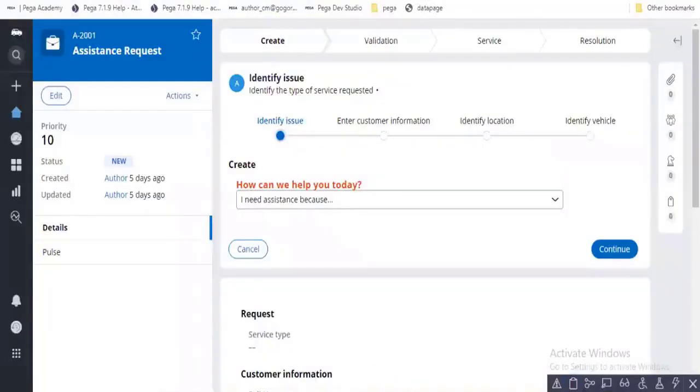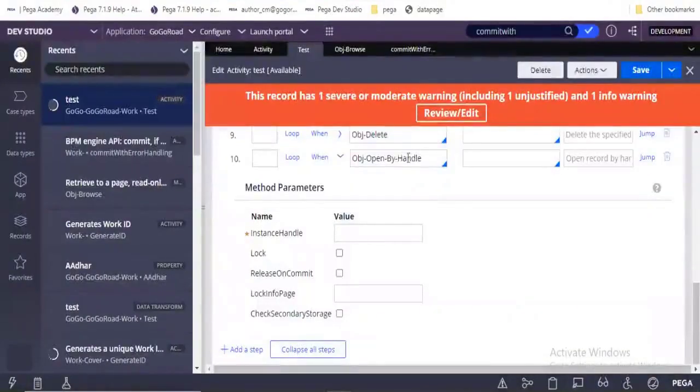So whenever you are trying to use obj open by handle, it will expect the pzInsKey of a particular record instance. Handle is nothing but pzInsKey.